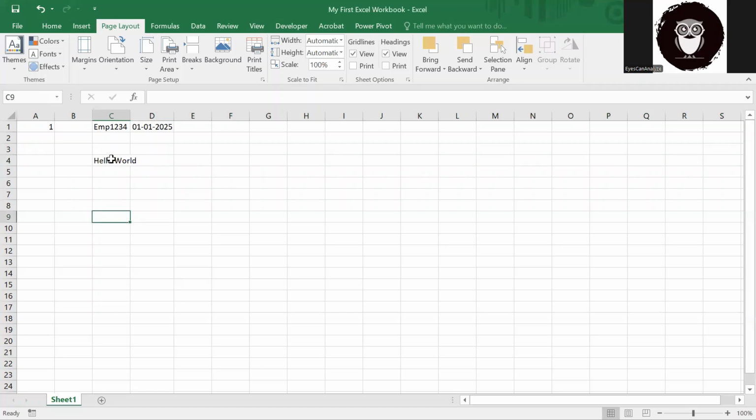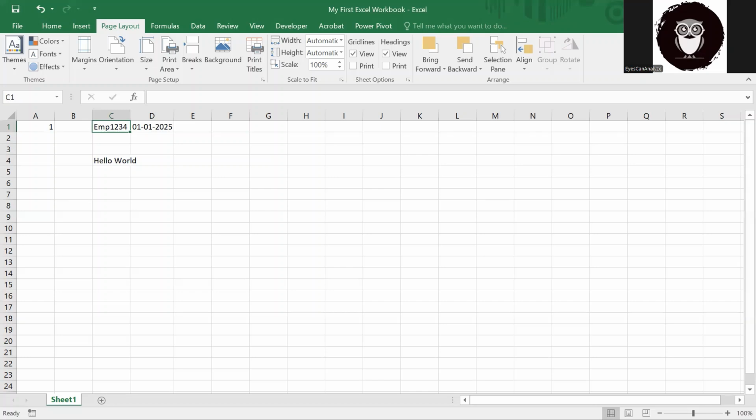So if I am at C1, C is the column and 1 is the row in which the particular value is present within a particular cell. So you can say a cell is a kind of coordinate towards finding a value. Okay. So it is a combination of rows and columns. So this is your playing area every time you work on Excel.